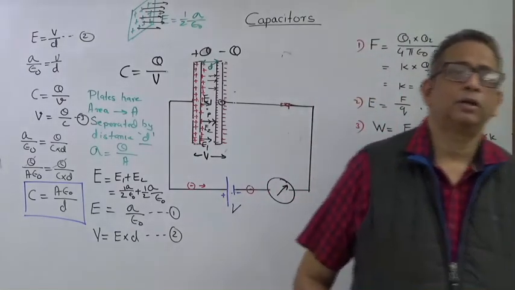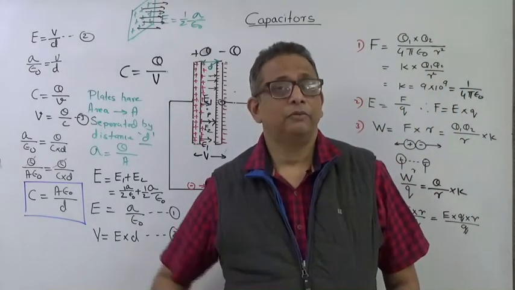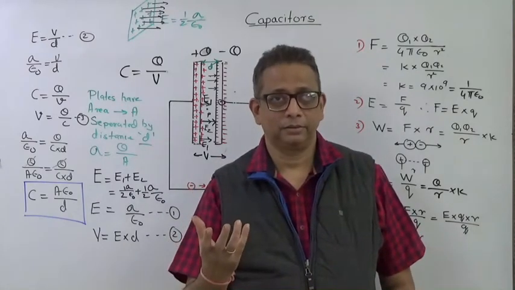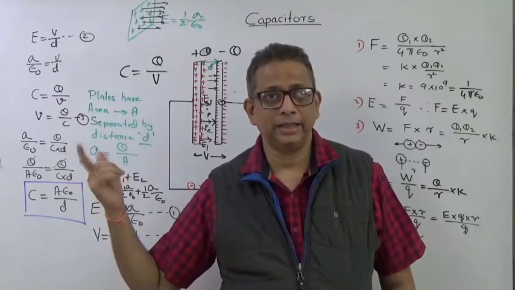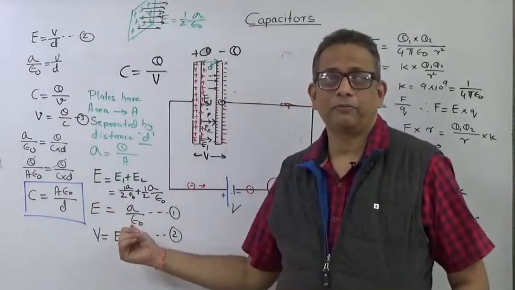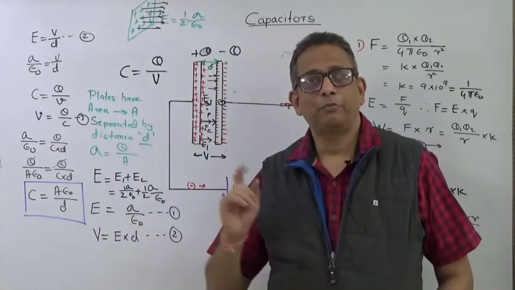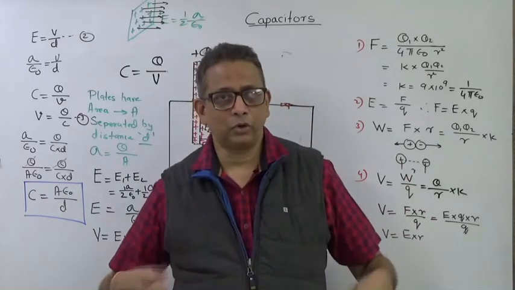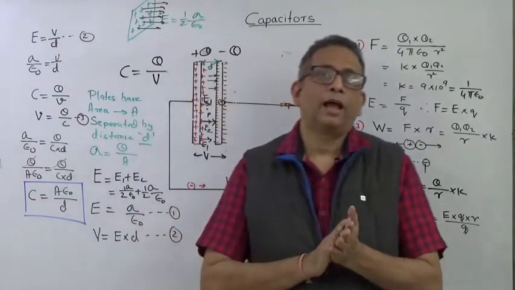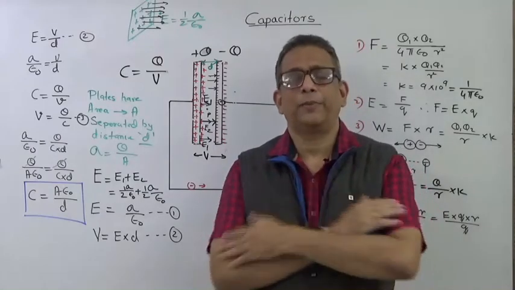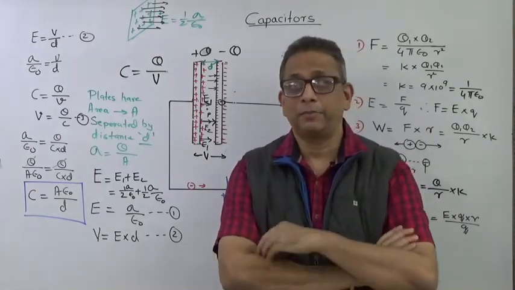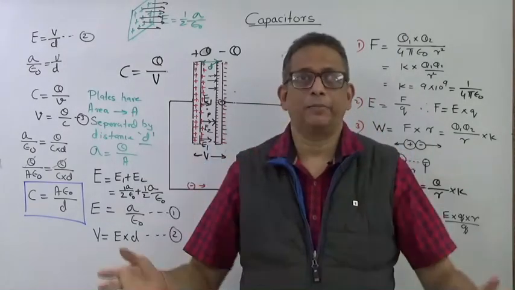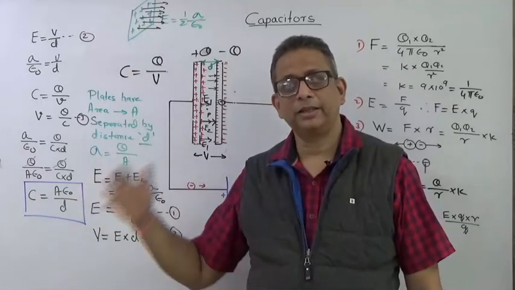We had seen what is capacitance in terms of charge. We had seen the equation of a spherical capacitor, 4 pi epsilon naught r, in the last session. Now here we have derived the equation of a parallel plate capacitor. These are the only two capacitors that will be used for your exams, and there are still two more types of capacitors. One is a spherical capacitor, which means two spheres, one inside another. So in parallel plate capacitors there are different types.